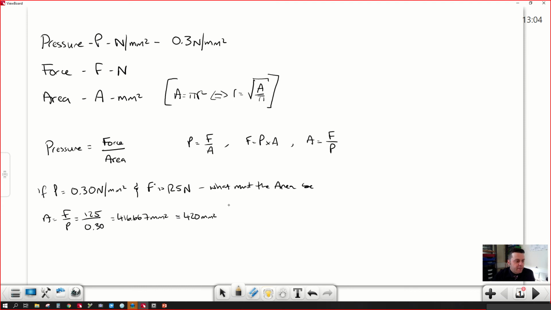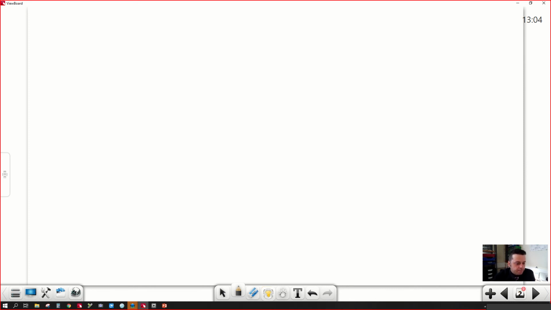Sometimes you might have to work out the area before you can do that. Sometimes they might give you a diameter of something or a radius of the cylinder and ask you to then work that out. So what would that look like? They might say if pressure equals 0.30 newtons per millimetre squared and force equals 240 newtons,